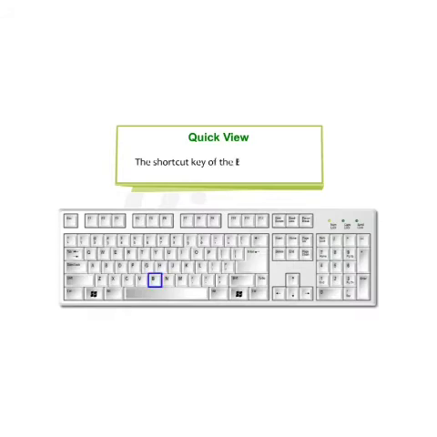For a quick view, the shortcut key of the brush tool is B. The shortcut of selection tool is V. The shortcut for the pen tool is P. The shortcut of the oval tool is O. And the shortcut for the line tool is N. And for the rectangle tool is R. The shortcut key to preview the animation is Ctrl plus Enter. And the shortcut for the ink bottle tool is S, and for paint bucket tool is K.